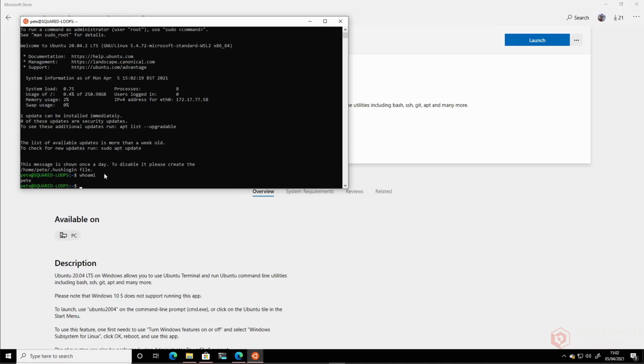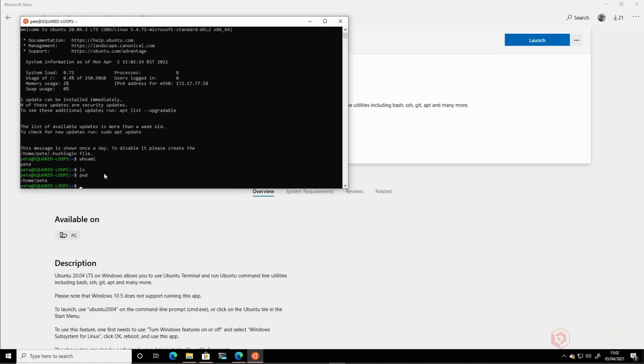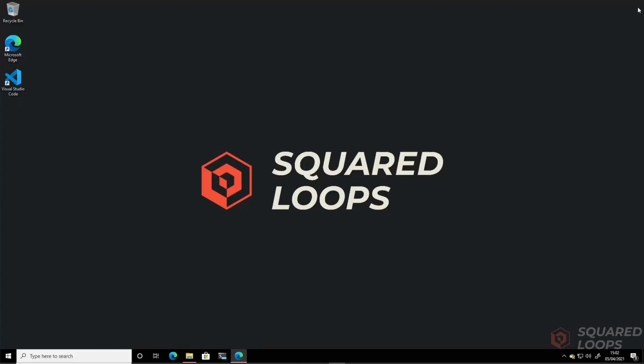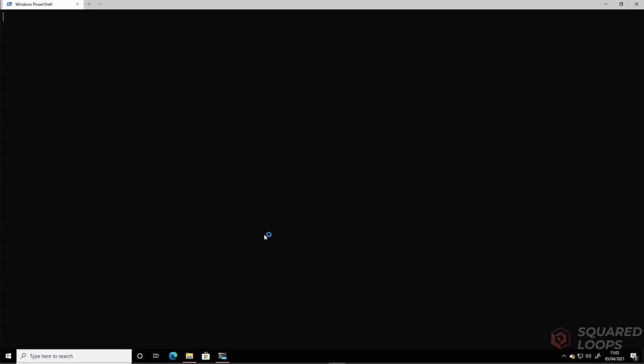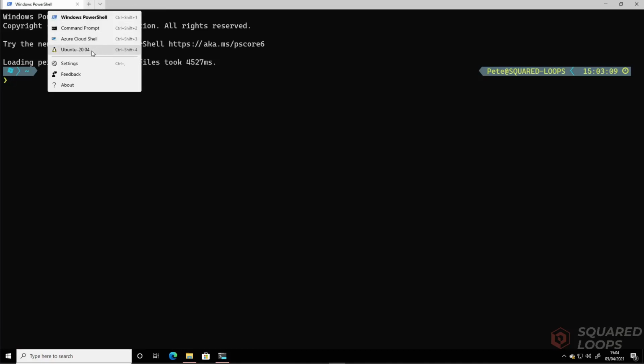Who am I? Shows that it's me. I can list files, there are none, and I can look at the current working directory. We will exit out of this shell, and we will close the store as well. What we can do is, using the terminal, click on that. Just running as a normal account, we don't need to run as the administrator for this session. We can now click the down arrow, and you will see that Ubuntu version 20 has now been added to our list of shells that we can run. We'll run this now,